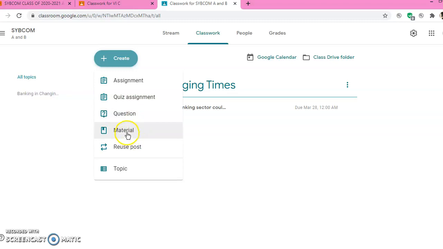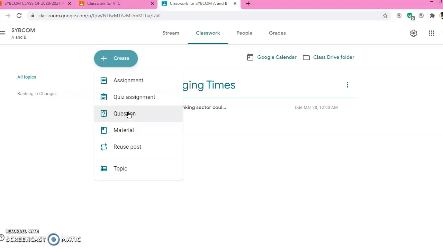Or you want to share some post or write some material for your students, you can create a topic or reuse some old post. But today what we are learning is that you want to take an attendance, the record of which will be maintained forever. So anybody can check it. You can always go back to it and see what the attendance is.